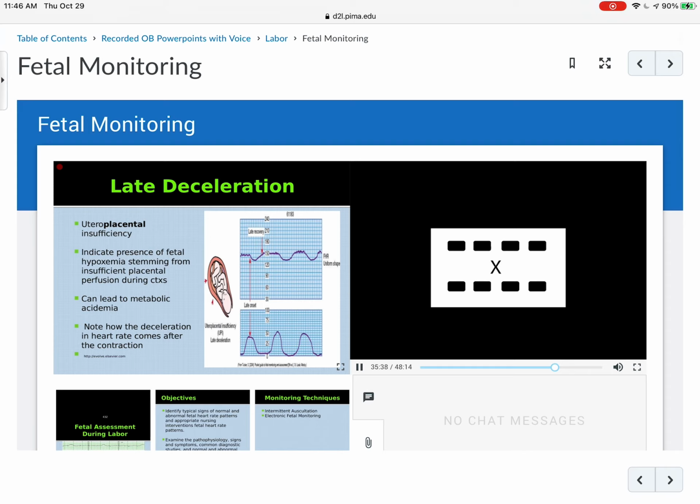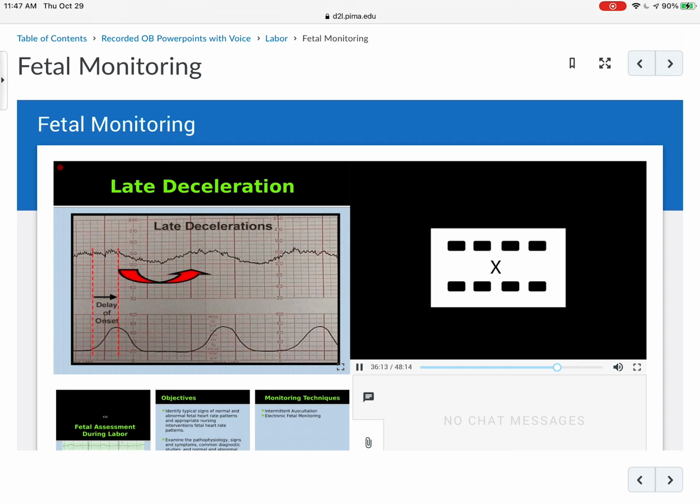So if we look here, how we can tell a late deceleration is that the deceleration begins at the peak of the contraction. Remember, with the early, it started when the contraction began. Here it begins at the peak of the contraction or after, and it's slow to recover. So by the time it gets back up to the normal heart rate, maybe it's in between contractions. So it's a late onset, meaning at the peak or after, and it's slow to recover. Okay, so that'd be a late, and it's caused by uteroplacental insufficiency, which basically